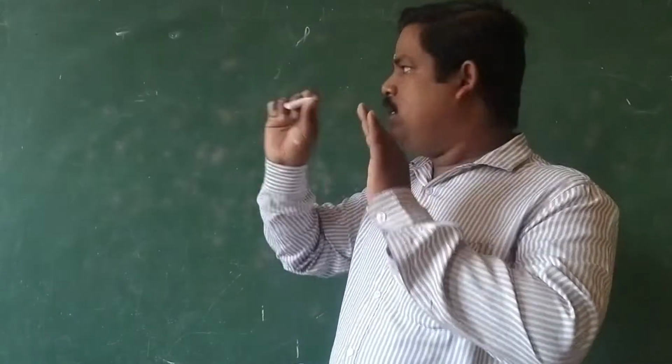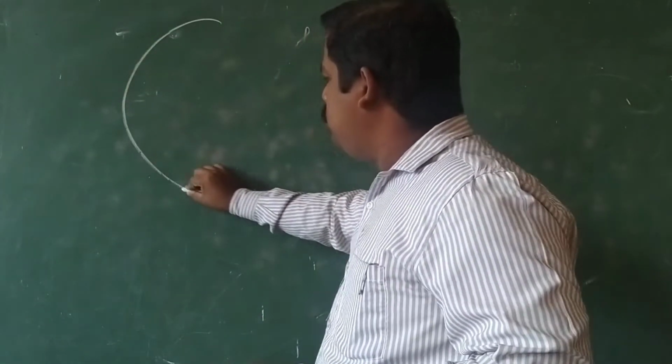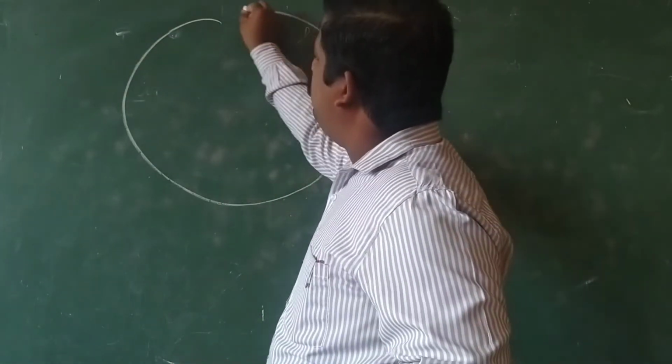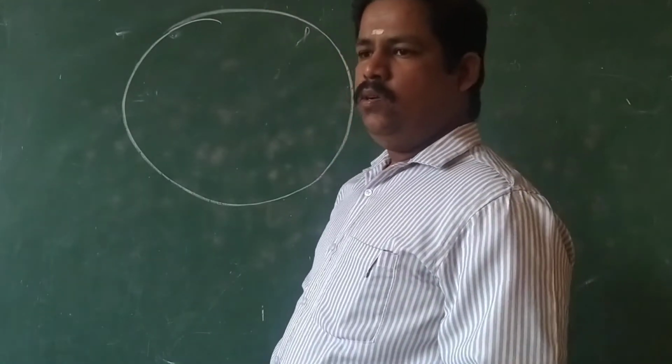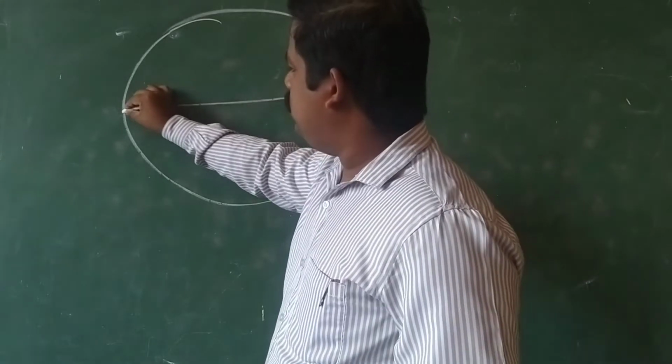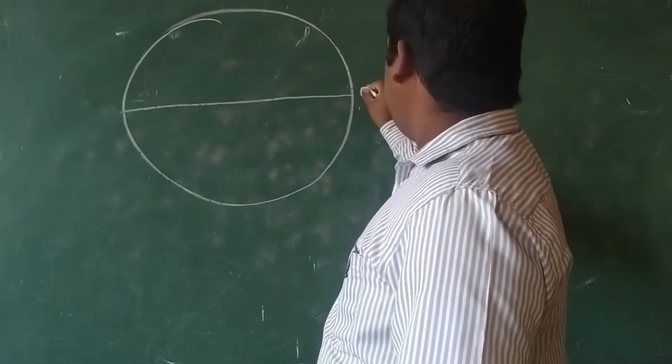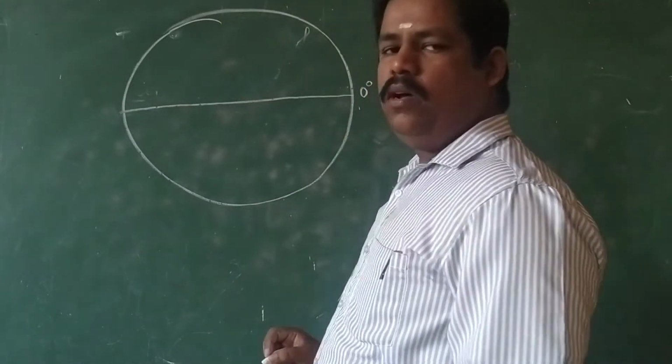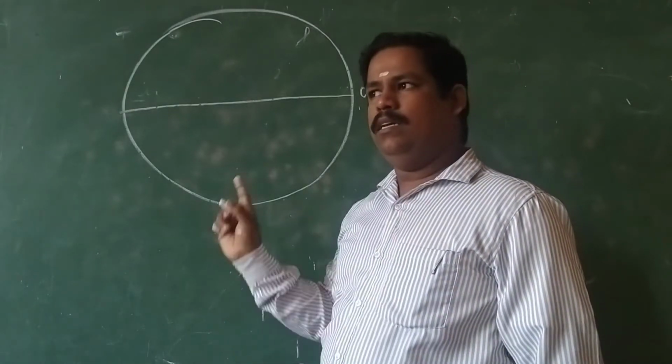Let us try to understand where it will come on the globe. This is the central latitude. It is known as the 0 degree latitude, or we can call it the equator. Equator is the central